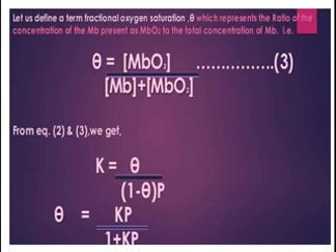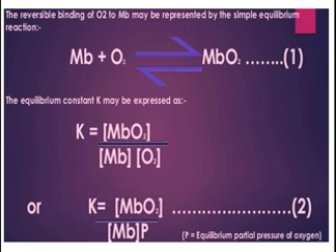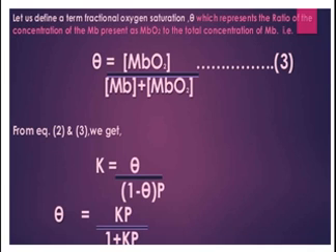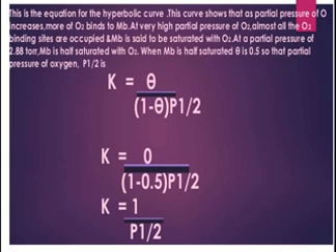Then this term is given as theta, where theta represents the ratio of the concentration of myoglobin present as MbO2, that is oxymyoglobin, to the total concentration of myoglobin. So from these equations, whenever we combine these two, the first one is K equals MbO2 by Mb into P, and the second one is theta equals MbO2 upon Mb plus MbO2. Then from these two equations we get K equals theta upon 1 minus theta into P. On rearranging we get the expression theta equals Kp upon 1 plus Kp. Kp is the equilibrium constant at the partial pressure, and theta is the fractional oxygen saturation.